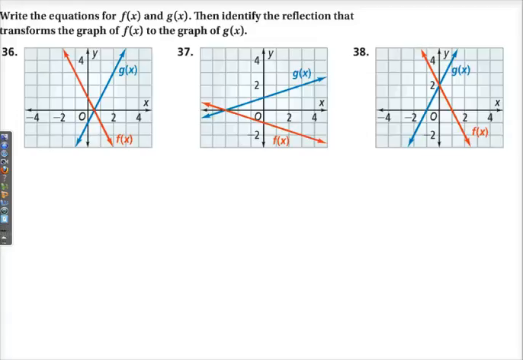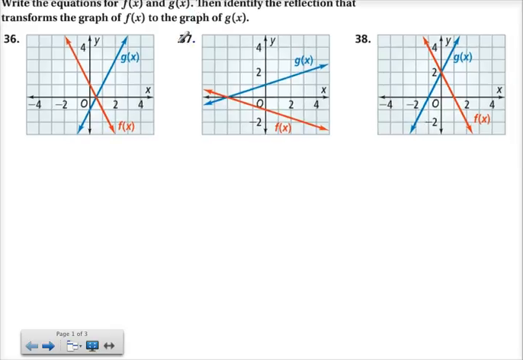These are the frequently asked questions in Algebra 2 for section 2.6 day 1. The first one that generally people ask for is number 37 here. And in number 37,